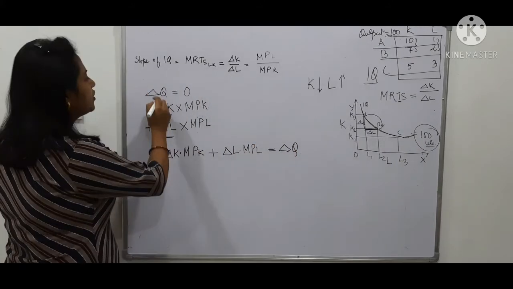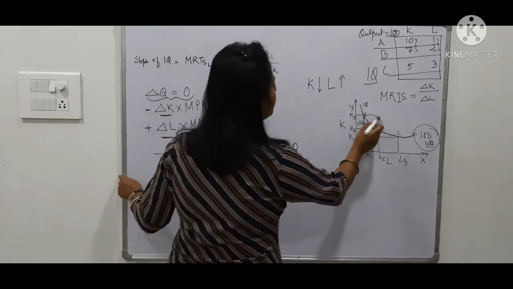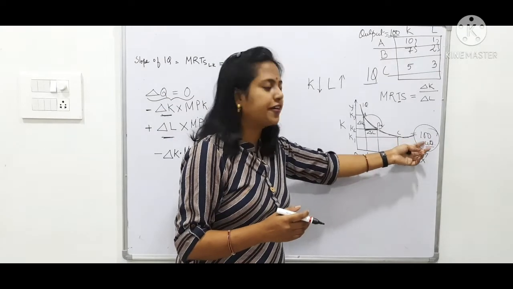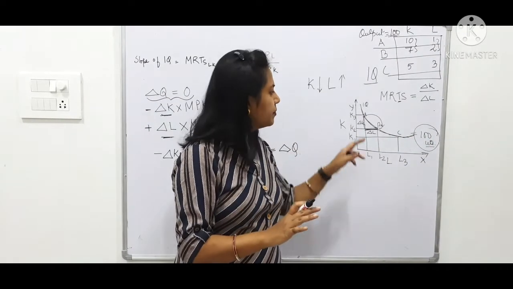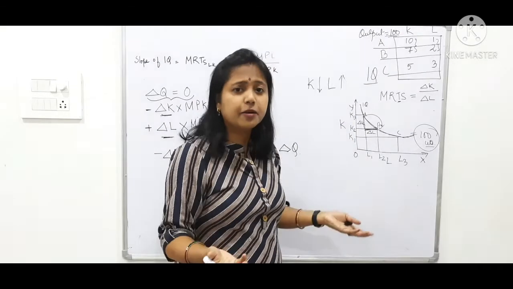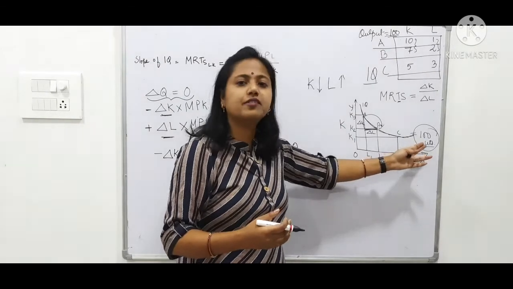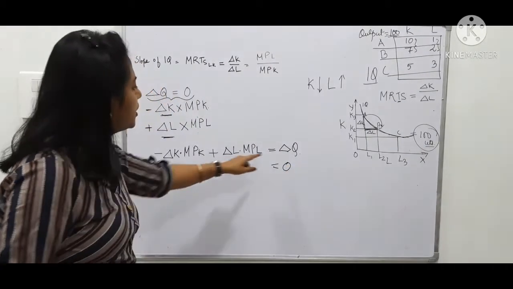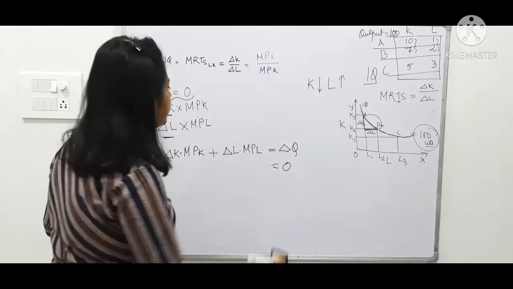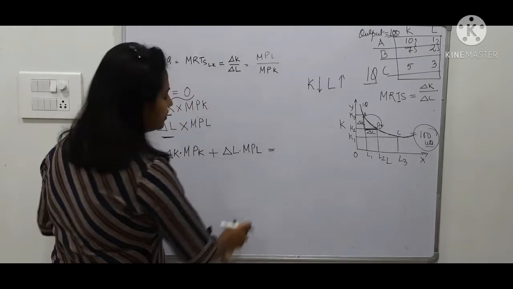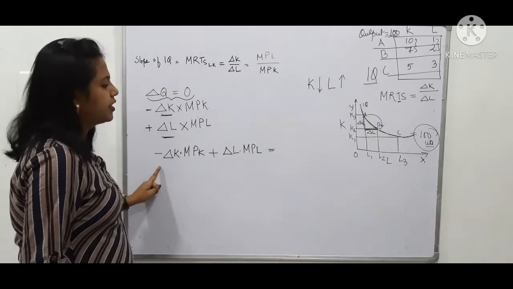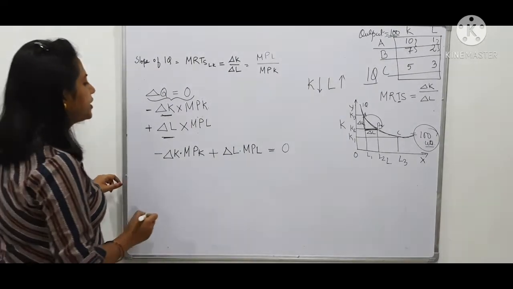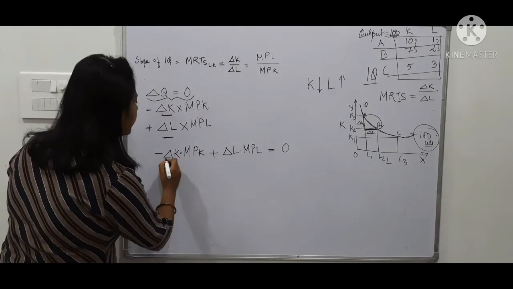So we know that the change in quantity will always be 0, because as you move from here to here, as I already told you, you are not altering 100. You still have the capacity to produce 100. You just sacrifice capital, but you gained labor. As a result, the production remains unaffected. So I can just say that this is equal to 0. The change in quantity is 0. So I am just writing here that this reduction in one and gain in other brings no change in the quantity.